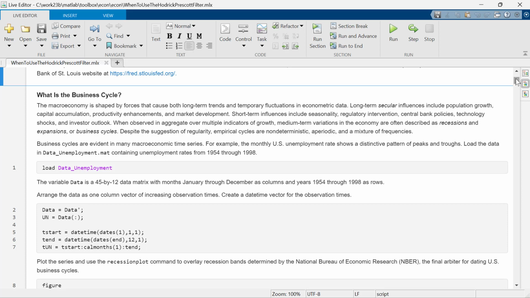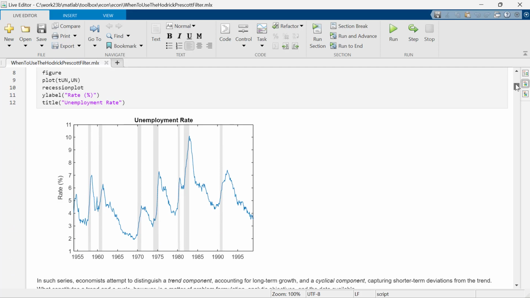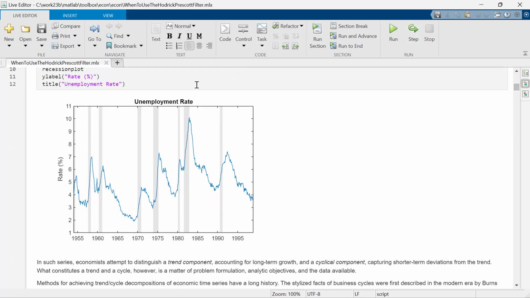So just to start us off, we're going to load some data and take a look at it. Here we're going to look at the U.S. unemployment rate over a period of a number of years and plot it here. Again, I won't go into all the details of the code here. We'll just kind of look at the results. If you want to look at the details of the code, I encourage you to do that. But here we have a plot of the U.S. unemployment rate between 1955 and about 2000, overlaid using this recession plot command here